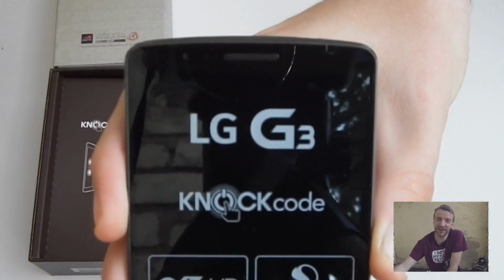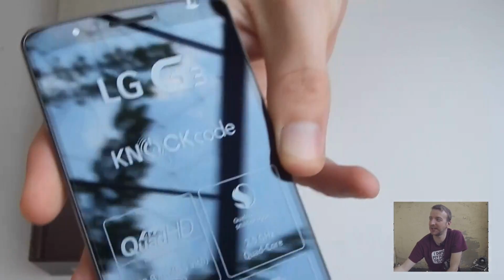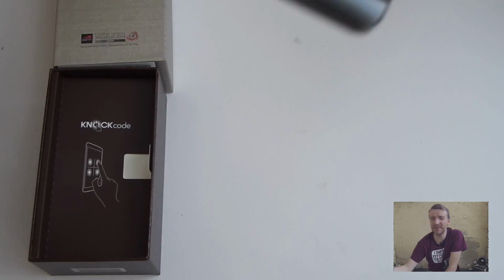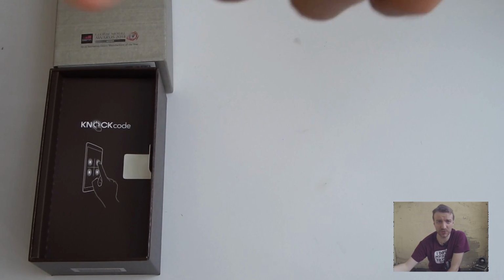Shiny. Obviously very hard to do a mobile phone review on camera because of the shine. Anyway, you've got this lovely thing on here. It's very light. Obviously it's not got a battery in it yet, I'm guessing, but even with a battery in, the one thing I was feeling, it's very light. And as you can see right here,